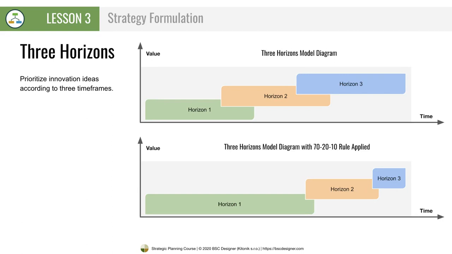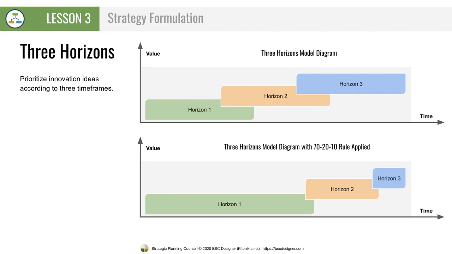Three Horizons Framework. McKinsey's Three Horizons Framework addresses innovation planning challenges. In the context of strategy formulation, it suggests prioritizing innovation ideas according to three time frames, horizons. Now, something that an organization needs to do today, for example, innovate its core business; near-term future, innovation that addresses the challenges in the comfort zone; future, focusing on trends that might soon become disruptive.